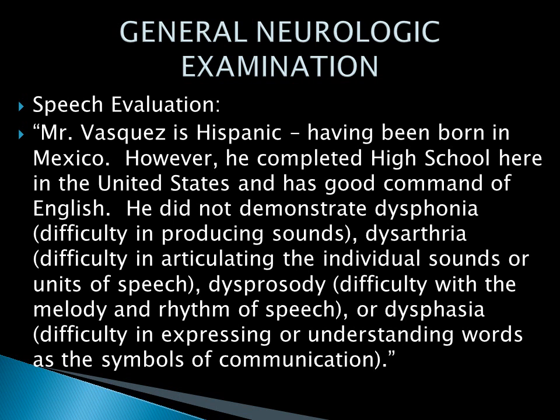You can assess, how are they speaking? Are they producing normal sounds? Are they articulating the individual sounds? Do they have normal melody and normal rhythm of speech? Also, you're going to assess for dysphasia, which is difficulty in expressing or understanding words as the symbols of communication. And to illustrate some of these assessments,